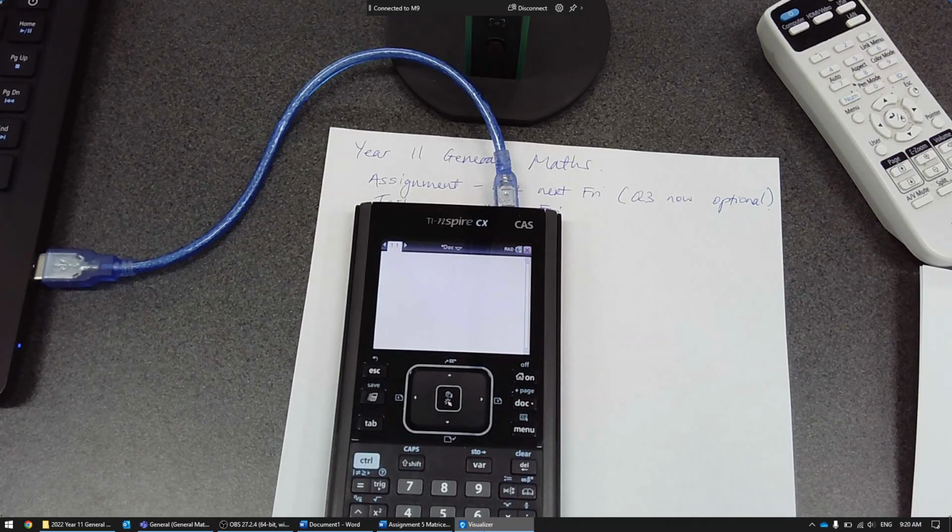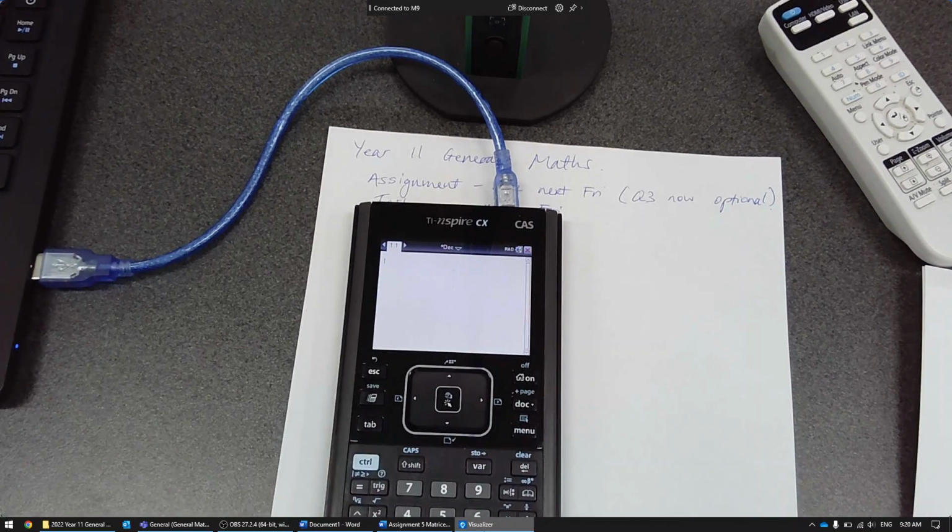Okay, everybody. I'm going to show you how to do stuff with matrices on your CAS calculator today. So if you've got your CAS, please get it out. Alright, so once you've got your CAS calculator,